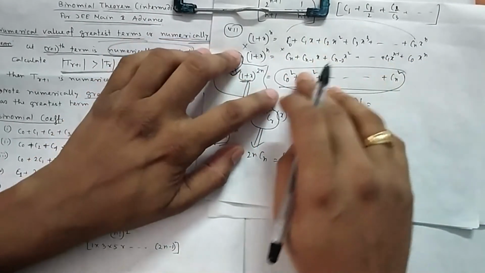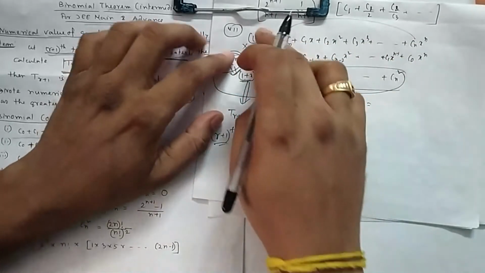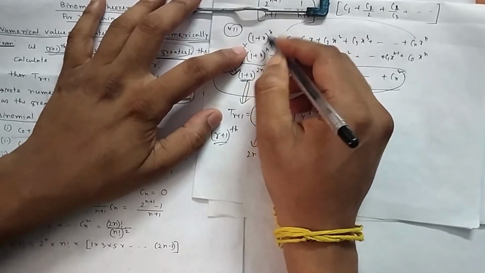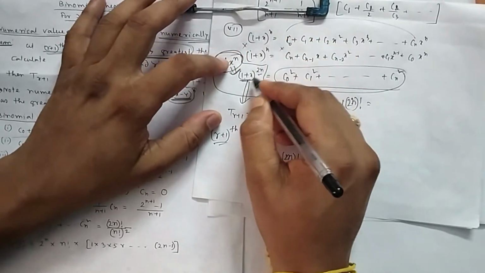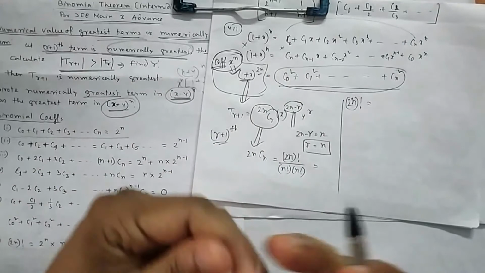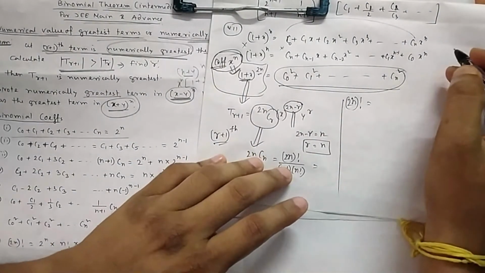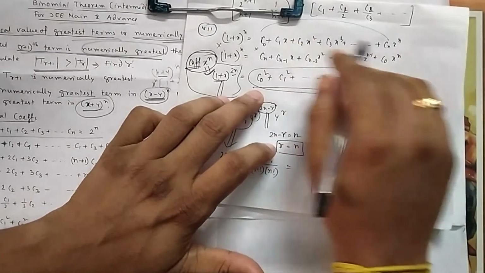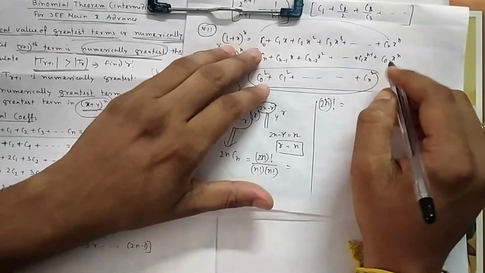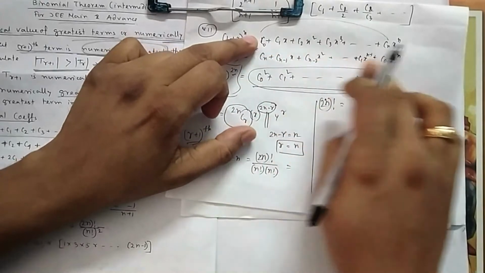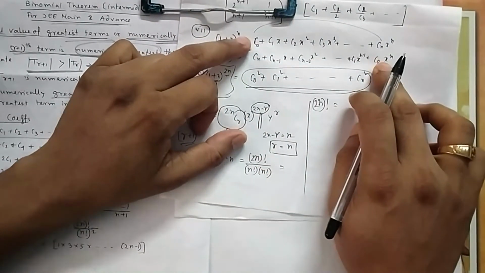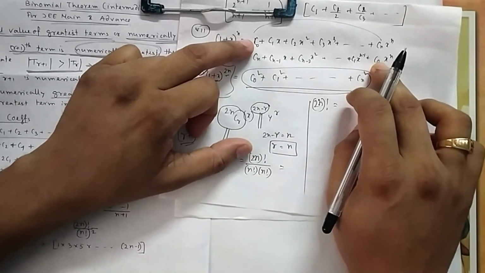So here we will be multiplying these and these. If you multiply this and this, we will get a long expression on this side, and on that side, multiplying this into this will give me this whole square, because it is the same thing, so it will be 2 to the power n. So after multiplying, what are we looking at? We are looking at the coefficient of x to the power n. Why are we looking at the coefficient of x to the power n? Because that will give me the required answer. Because if you multiply C0 with the entire thing, when will you get x to the power n? Here if you multiply C0 into C0, you will get x to the power n.